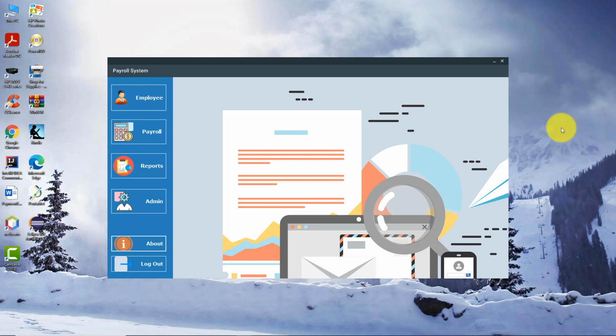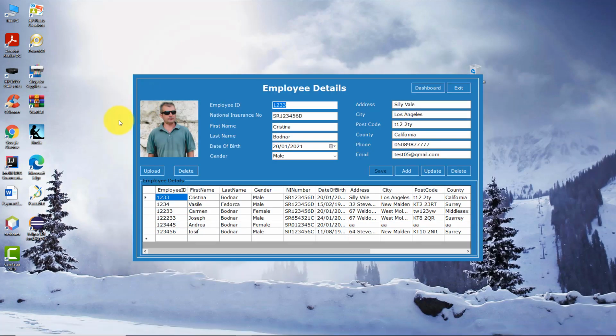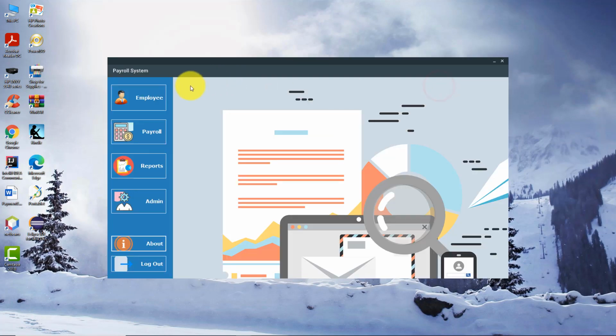Alright, let's put down the Visual Studio. So I want to do a few changes. First of all, if I click here on Employee button, I want to remove this Exit button because I want the user to get out completely from this application from the dashboard form. When the user will click on this button Logout, the user should get out completely from this application and not